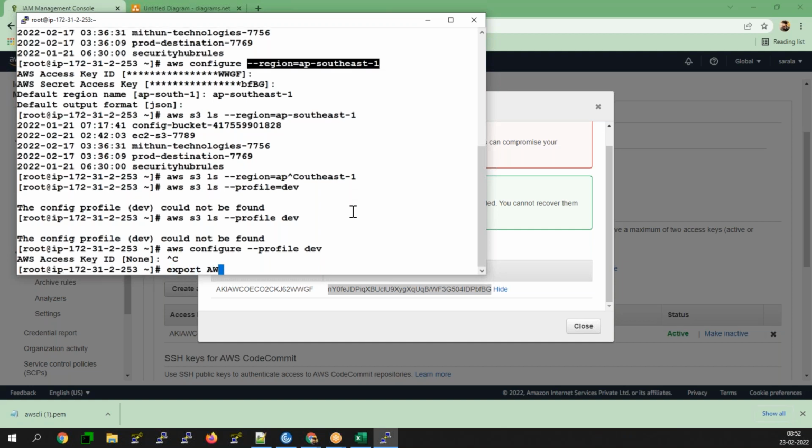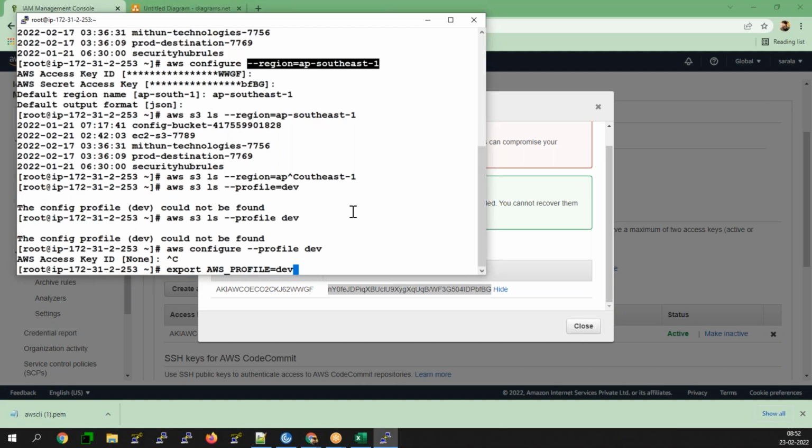Export AWS_PROFILE equal to dev, or AWS_PROFILE equal to QA, or AWS_PROFILE equal to prod. I can call the specific profile and the specific region as well. This is how I can perform the activity.